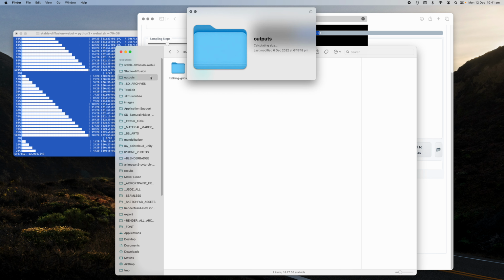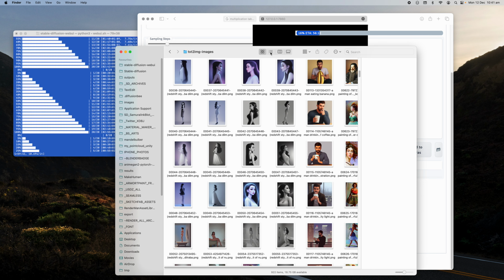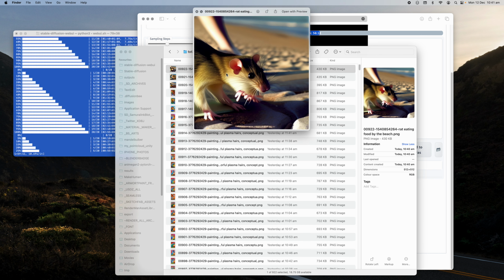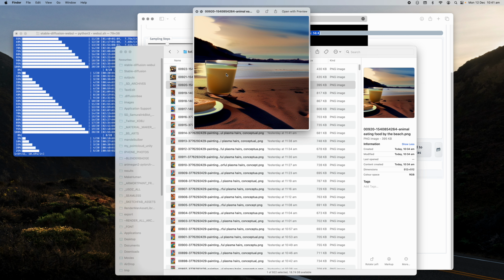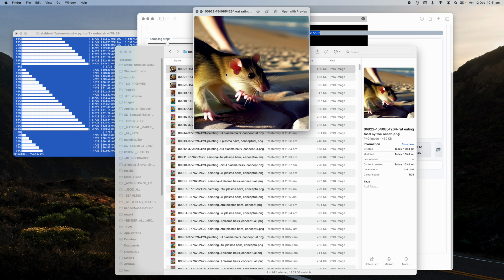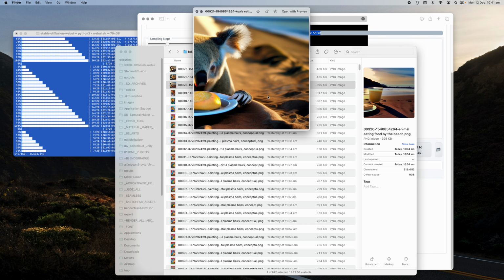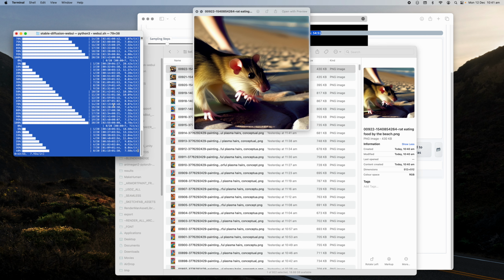Let's see how it goes with our creations. Yeah, food and animal combined together. We have koala and food. We have rat and something. But yeah, they're eating something by the beach, and as a result we're gonna have something. So I'm gonna have to wait, but in the meantime,